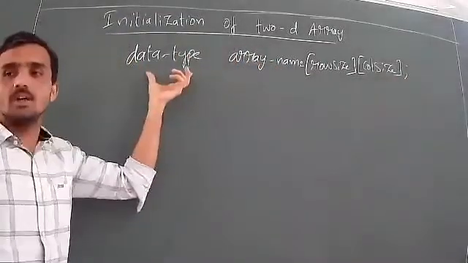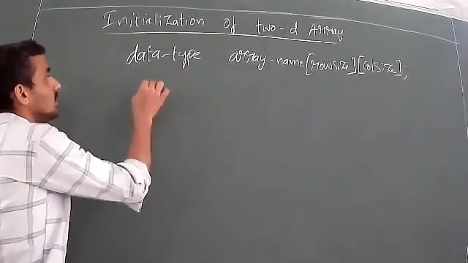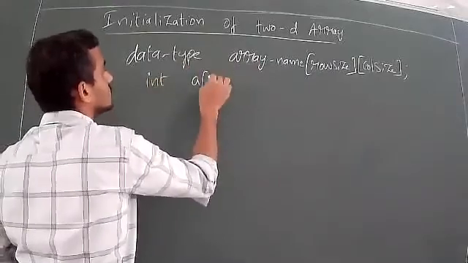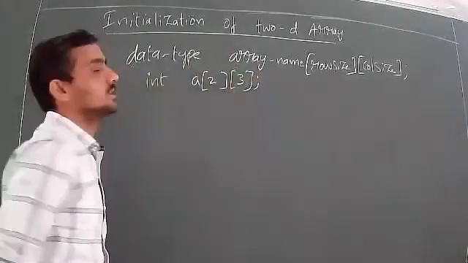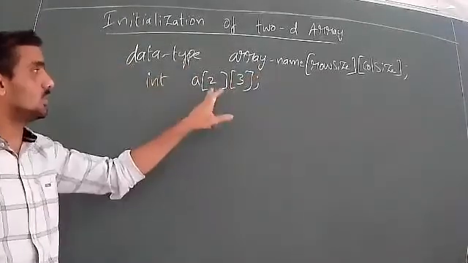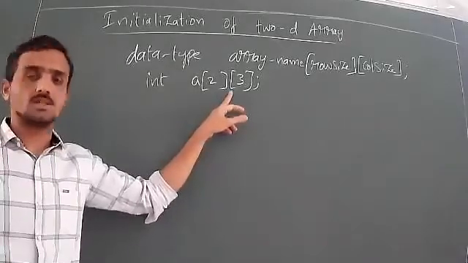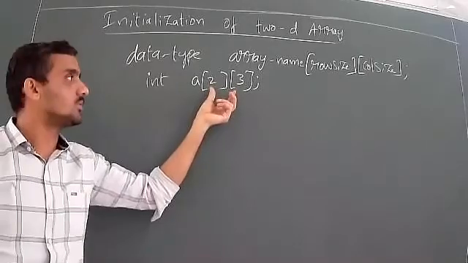So if I write an example for this, by looking at the syntax, say for example, int layout[2][3]. Let me take it as 2 and 3. That is 2 rows, 3 columns. So in 2 rows and 3 columns, you have to store the elements. So 2 into 3 is 6. Total 6 elements we can store.